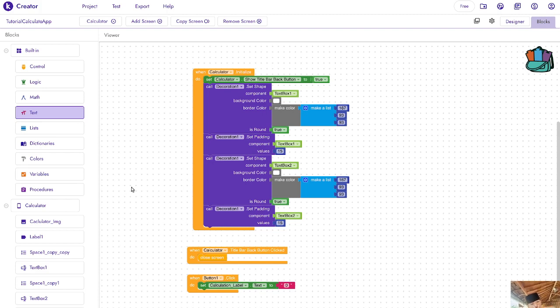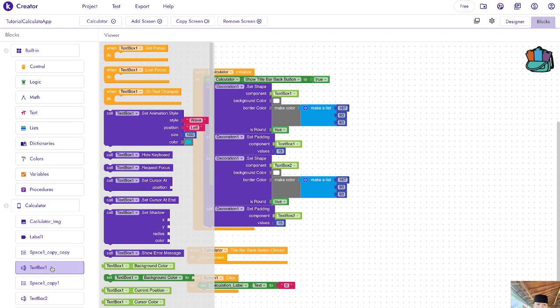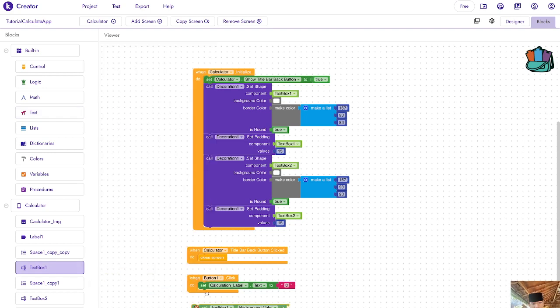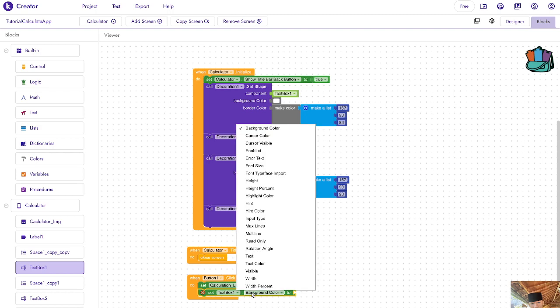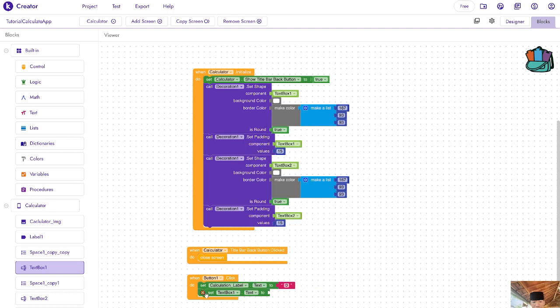Then text box 1. Where's text box 1? Okay. Text box 1 here. Set text box 1 not background color. We're going to change this to be text and duplicate this thing to be input something here. From 0, we're going to put some input.